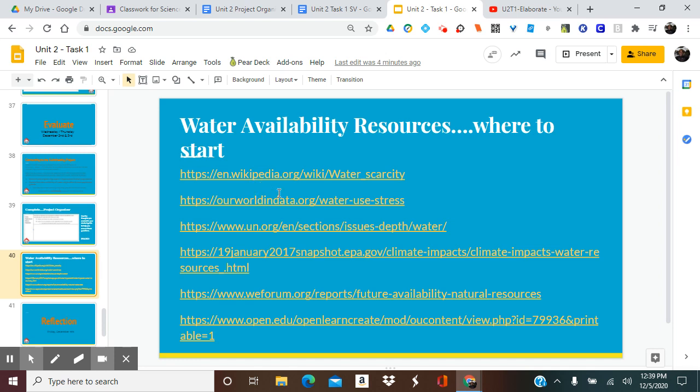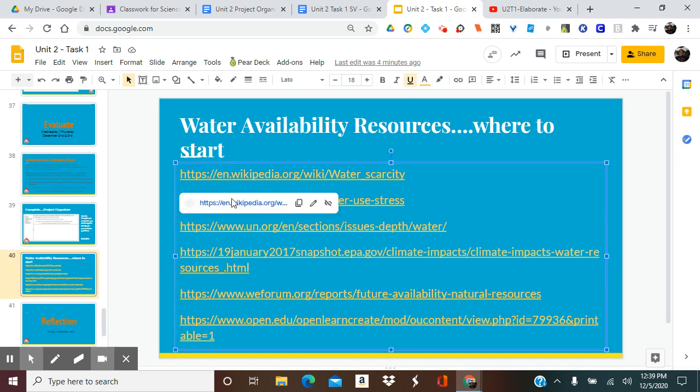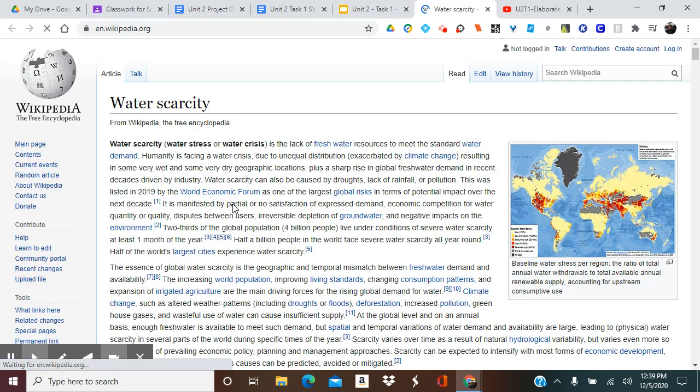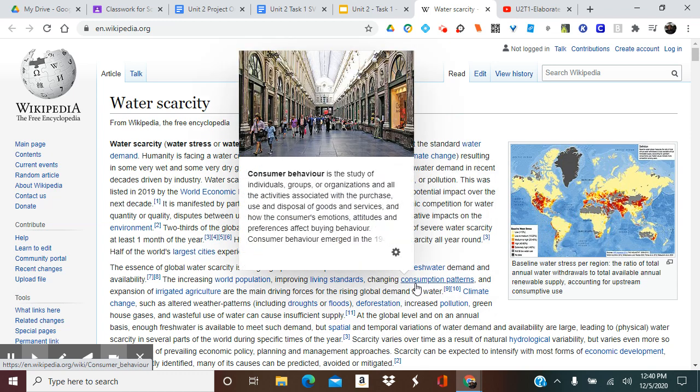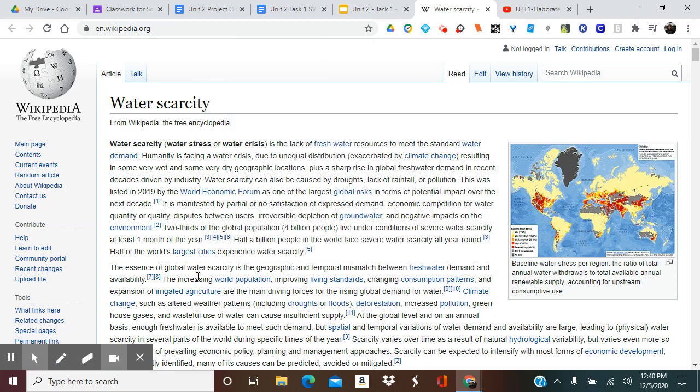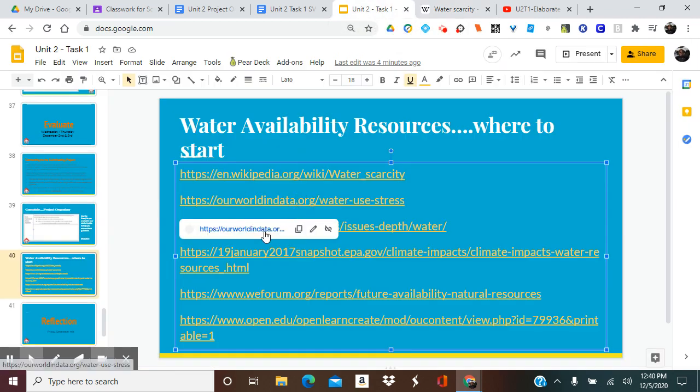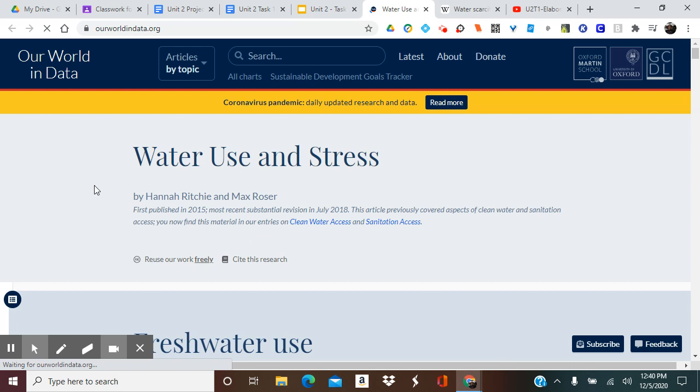for water scarcity. I know this is Wiki, don't give me a hard time about that, but it does talk about the water crisis, the lack of fresh water resources to meet a standard water demand. And then there's a really nice map here that talks about where water resources are stressed and what the world population, improving living standards, and changing consumption patterns are doing. These articles that I found have a lot of really good information for your water supply project. Just look through them, read them,